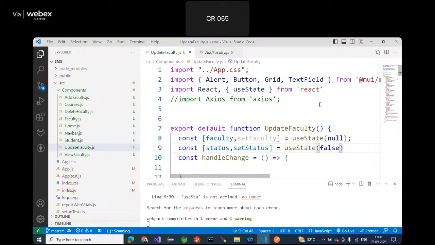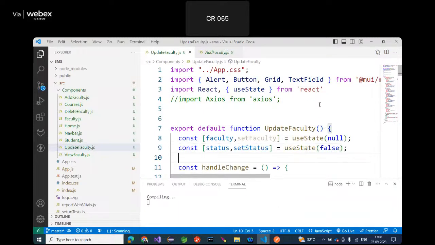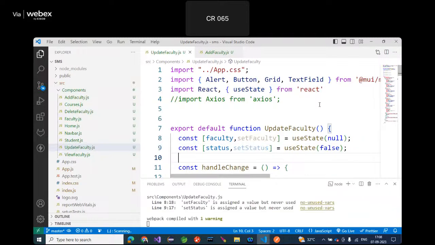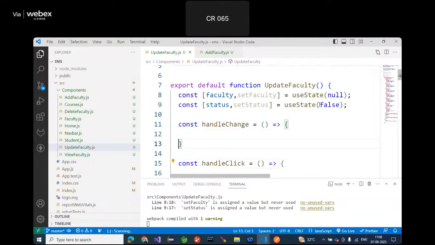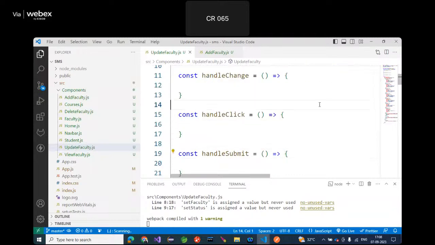Initially false. Okay, no problem. We just take it. Okay, now set faculty is assigned, set status is assigned a value but never used. Only warnings I am able to get, right? Only warnings. Okay. So now, first of all,